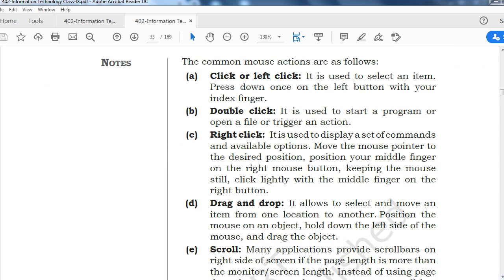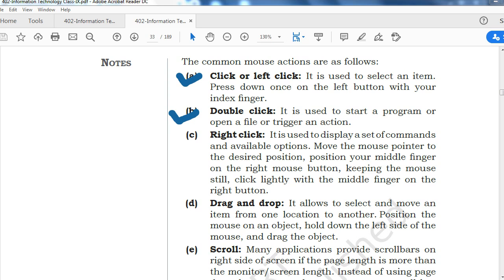The common mouse actions are as follows. The normal operations we do with the help of a mouse are left click, or general click, or click, it is the same, okay? Single click, double click, okay? These two things happen with the left button.